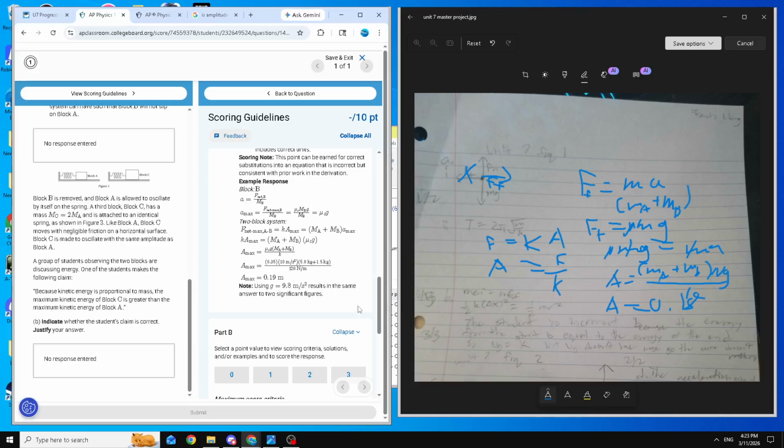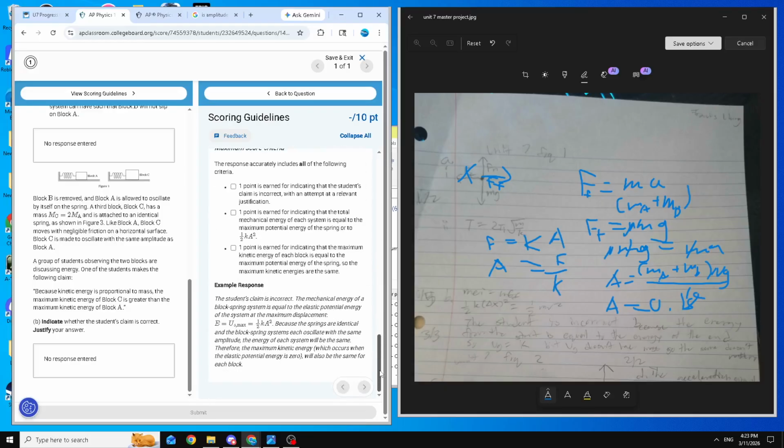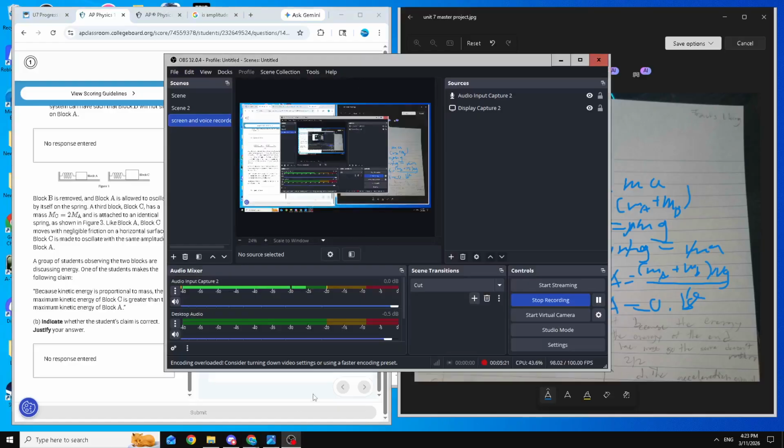And that's what I said, and for that I got 3 out of 3 points, because I indicated that the claim was wrong, and I explained how it was equal to the spring potential energy, and I indicated that the maximum kinetic energy of each block is equal to the maximum potential energy of the spring. So I said,